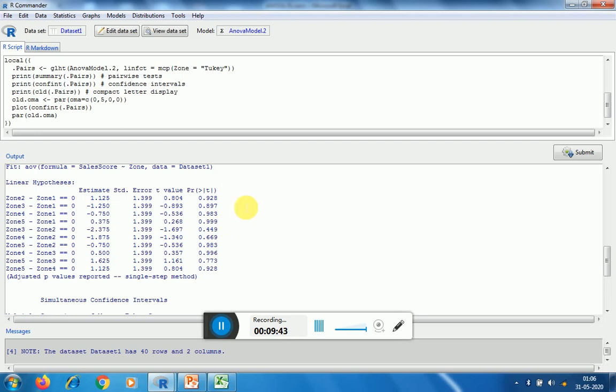So this is how we can even test in R between the 2 different treatments as well, and see whether there is significant difference existing between those 2 treatments or not. So this is completely randomized design.